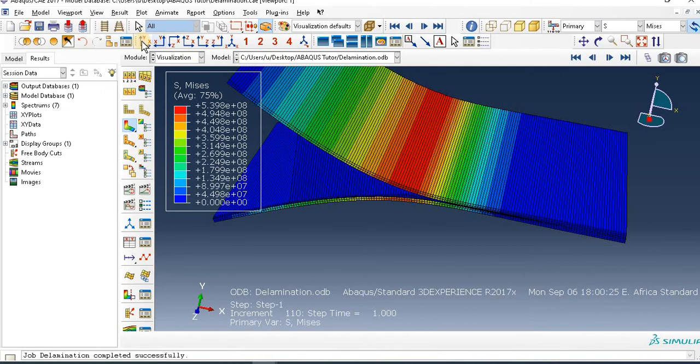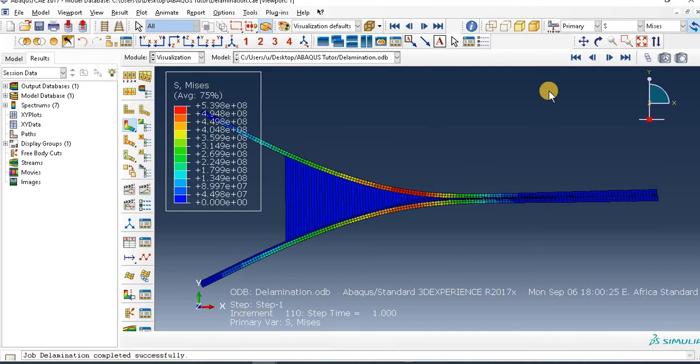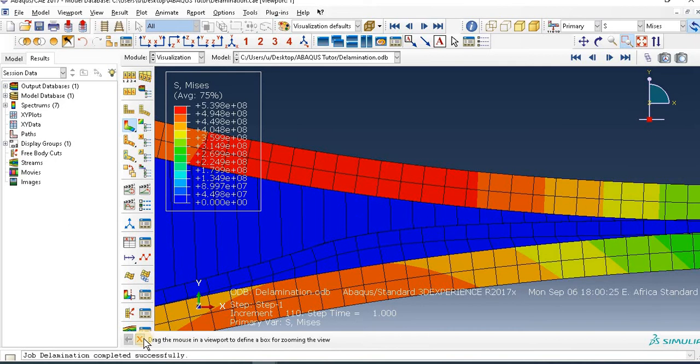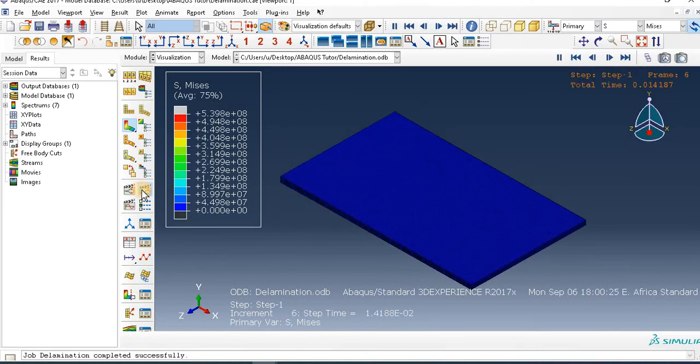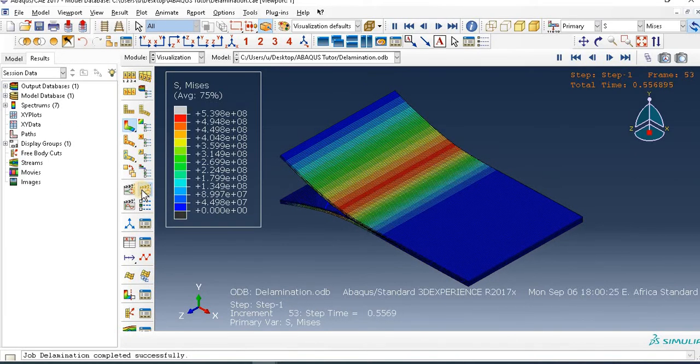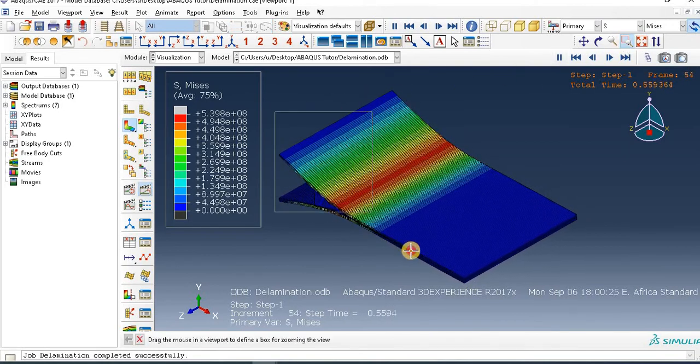So in visualization what you see in this straight, if you look at this one, the blue is cohesive and this one is the bottom cohesive, and this middle one, the middle plate. So this is how it delaminates if we apply force or displacement upward and downward,